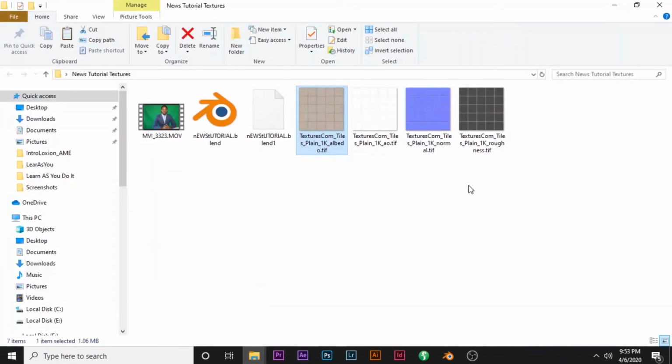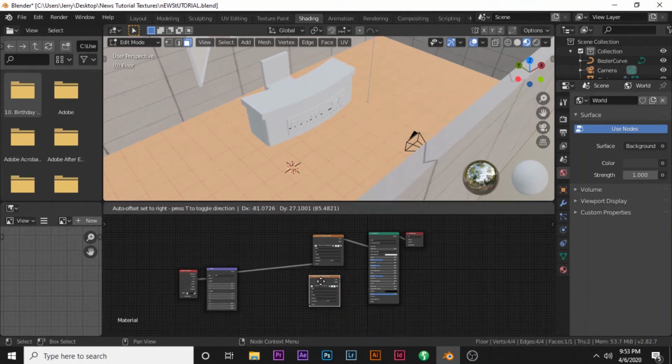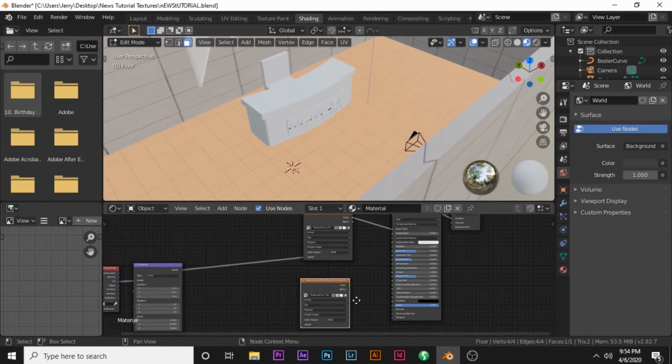The first one was the albedo, which is the color, and then I'm gonna come with the roughness and drag it and drop it here. I'll place it right here, and then the rest of the textures, you have to remember